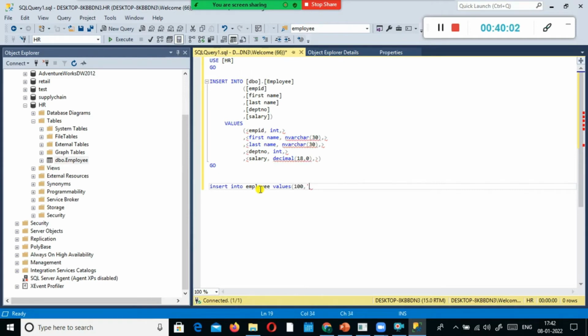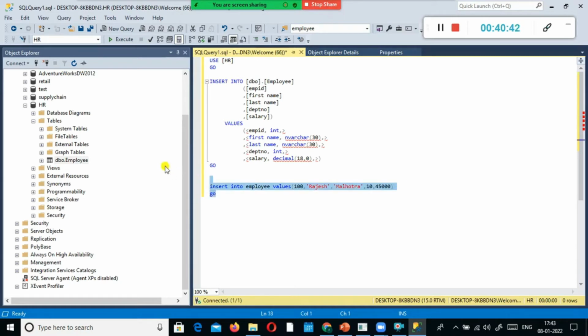I am going to say the first name as Rajesh, the last name is... insert into employee values. Okay, so after you type it in, you just press enter and type go.